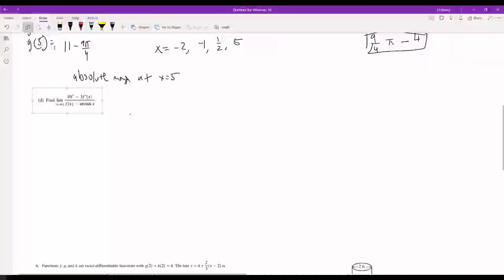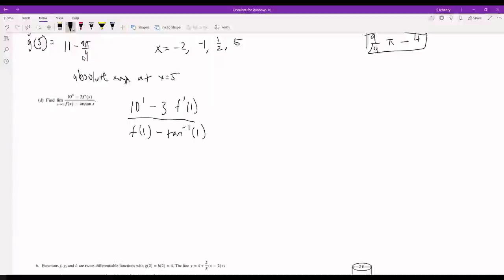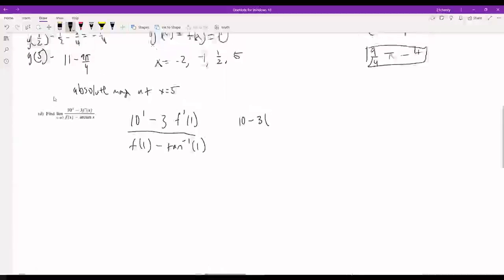So find this limit. It looks like you just plug in x equals 1, so that's nice. 10 to the first minus 3 f prime of 1 over f of 1 minus arctan of 1. And that is just simplifying 10 minus 3 times, let's see, f prime of 1 is,